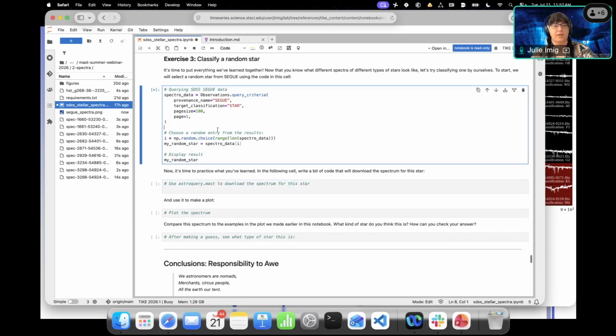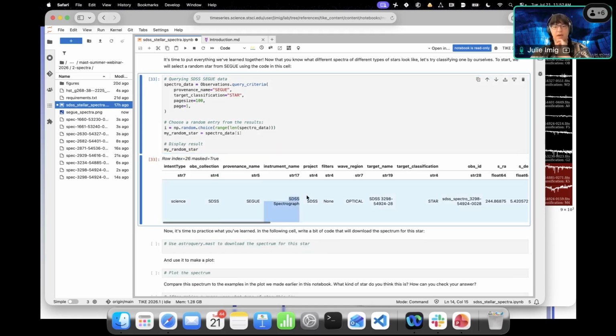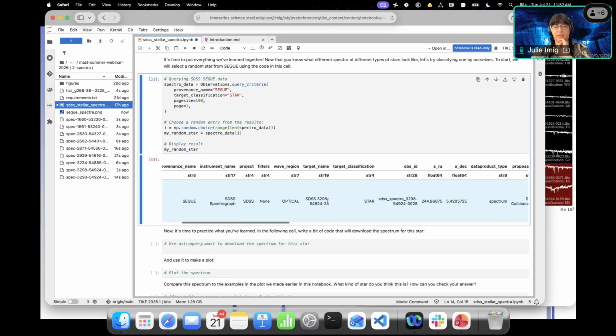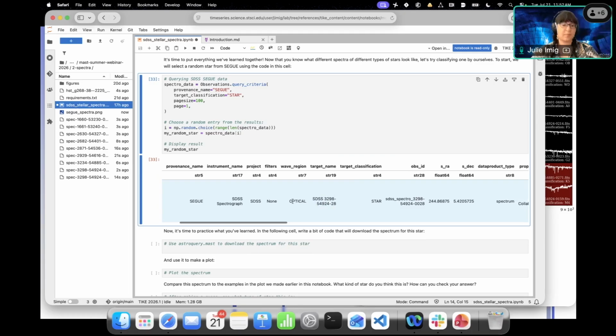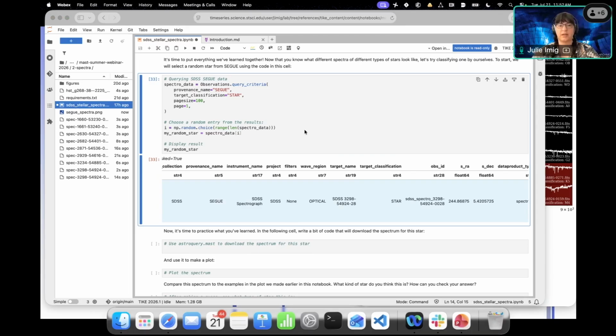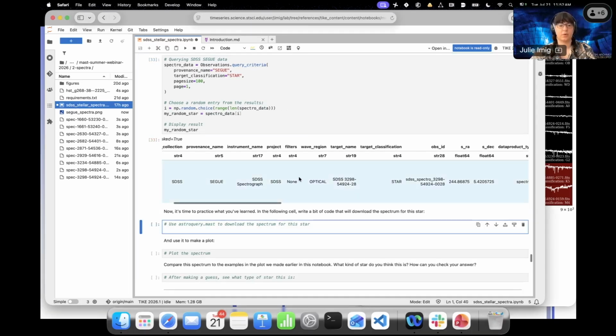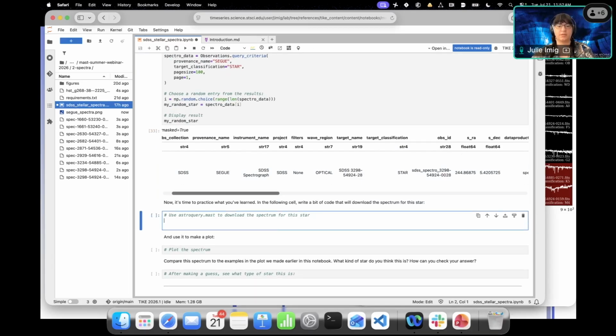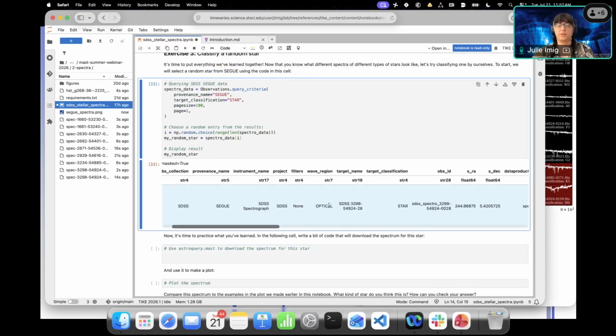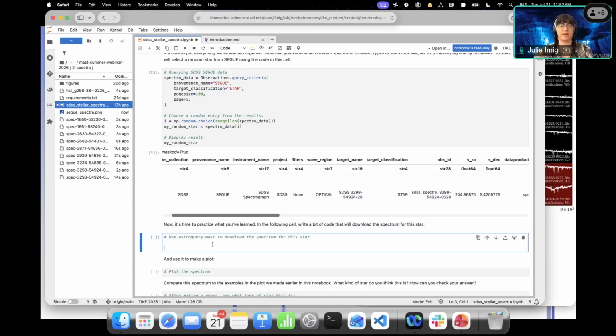But once we have our random star, all right, so we have this star. In this case, the star is named SDSS 3298549248. Just a phone number of a star based on its coordinates. We're going to go from there. So you will probably have a different star than I do, but we can query MAST to download these products using